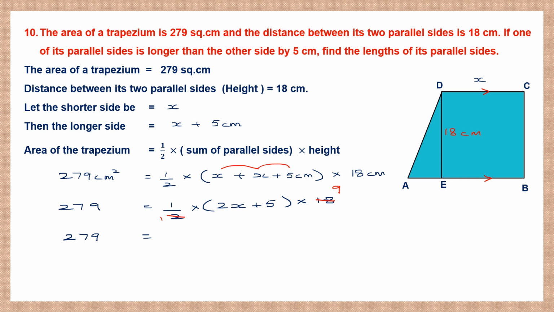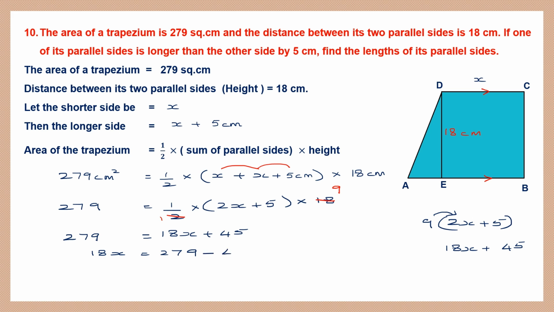So when we have to multiply that way, remember how to do multiplication. 2x plus 5, we are multiplying this by 9. So first 9 into 2x is 18x plus 9 into 5 is 45. So that is 18x plus 45. So let's write that, 18x plus 45. Now we can find the value of 18x. 18x is equal to